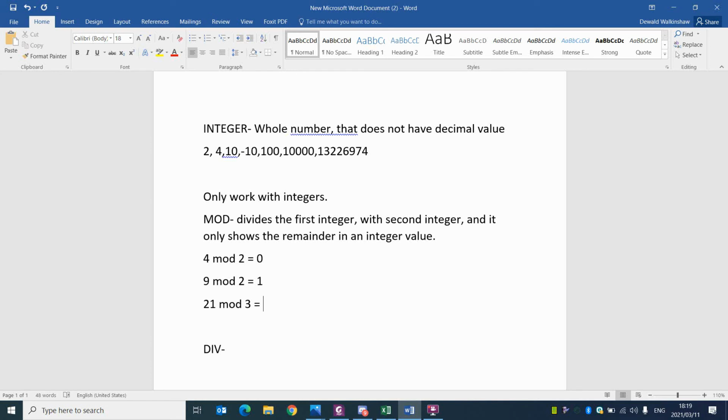It's 0, sir. 0, because again you go 3, 6, 9, 12, 15, 18, 21. Okay, so that is 7 times. So there's no remainder, so that's why it's a 0. Okay, if we have something like